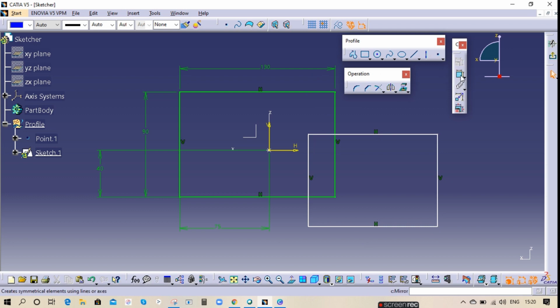So now we will constrain this also. First we'll give the box dimension, length and width, and from where, this is my main axis. Let's say from here to here it is something. Now dimension is this. See, now this is also in green color.